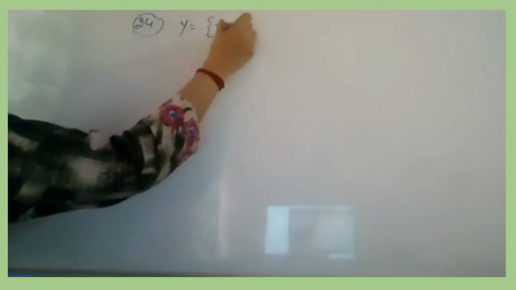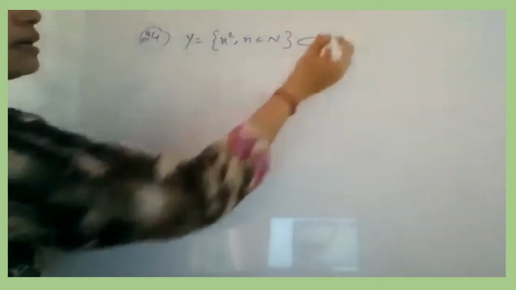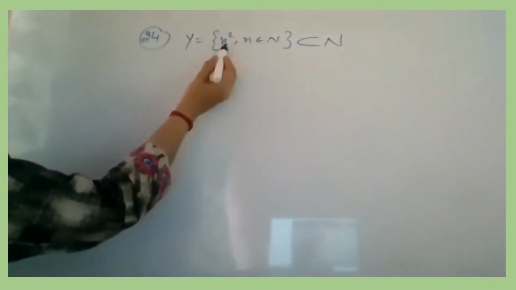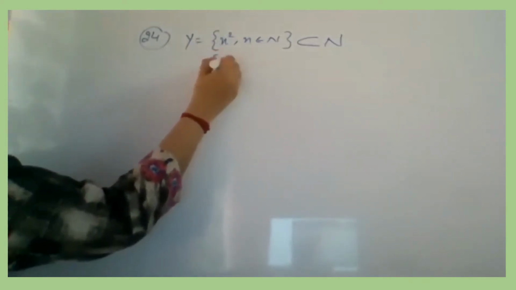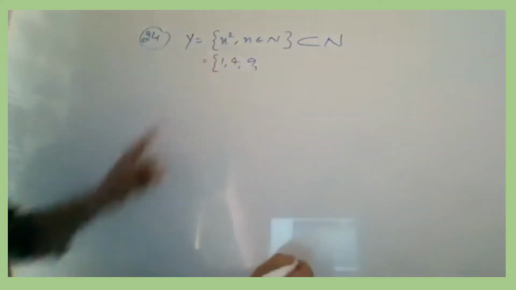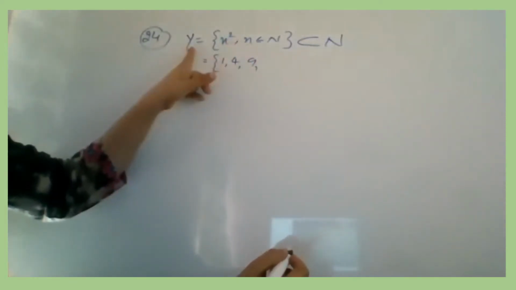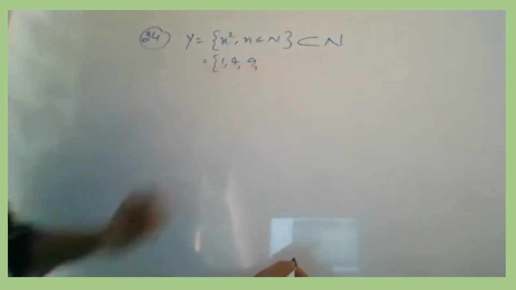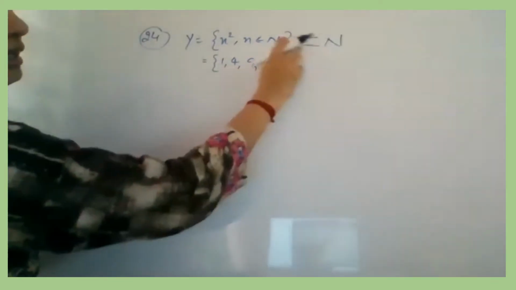Okay, next one is 24th question, which is y is equal to n square. Let y is equal to n square, where n belongs to the set of natural numbers. And this y is taken as a subset of n. Why they are writing like this? Because actually n belongs to n means set n होगा, but उसके सारे elements नहीं है यहाँ पे. यहाँ पे जो elements हैं, they are actually 1, then it will give you 4, then 9, squares ऐसे. ठीक है? जो natural number आप use करें उसका square इसमें होगा. तो सारे elements n के नहीं है. That's why they are writing y is a proper subset of n. Okay? Proper subset means यहाँ पे equal to sign नहीं आता है. Got it?